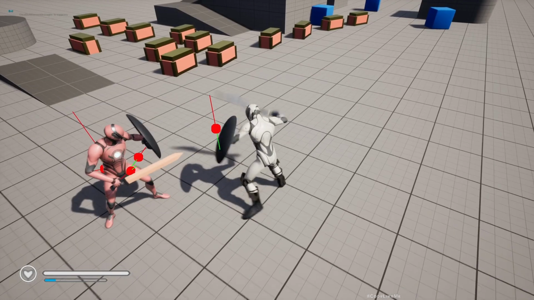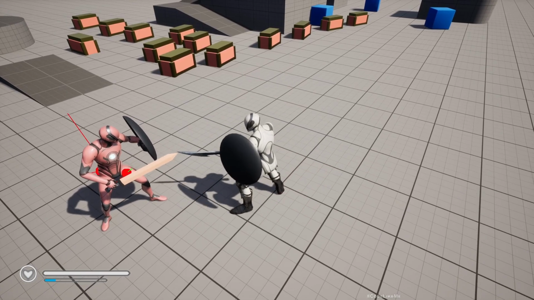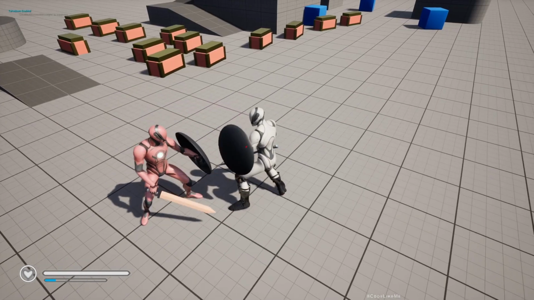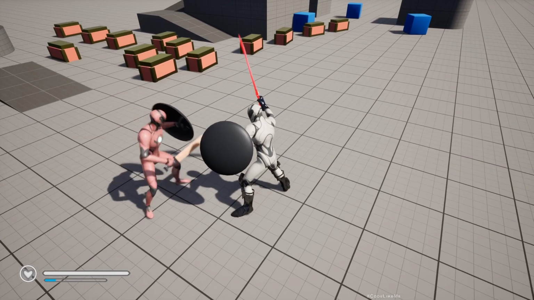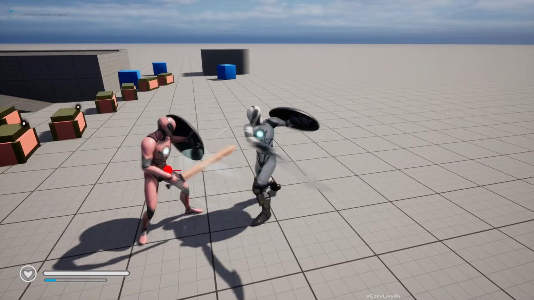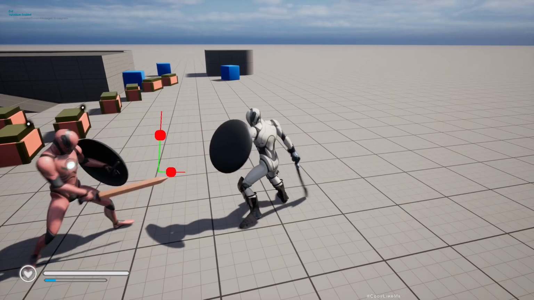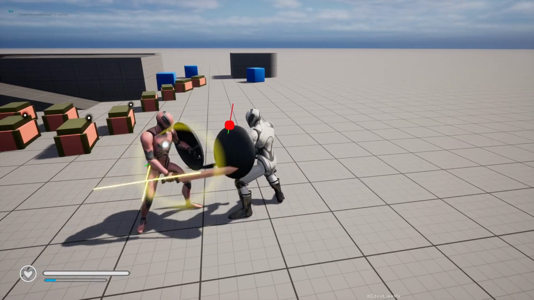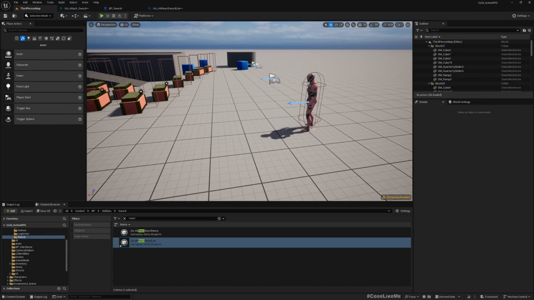Okay. Oh, here it didn't make contact, so now it's accurate actually. So if the sword is too far, we are not seeing the contact. Okay, good. So the next step is